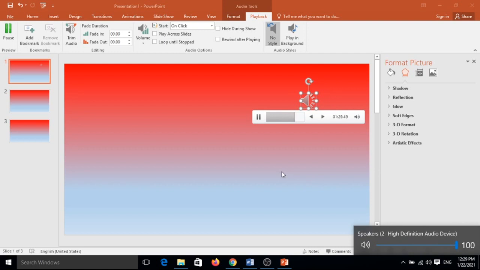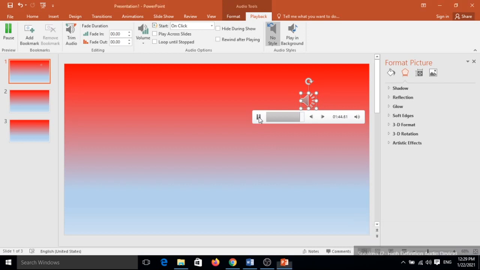It is already recorded sound, what you are listening to. Yes, if you want to click on stop, it depends on you, and stop it.